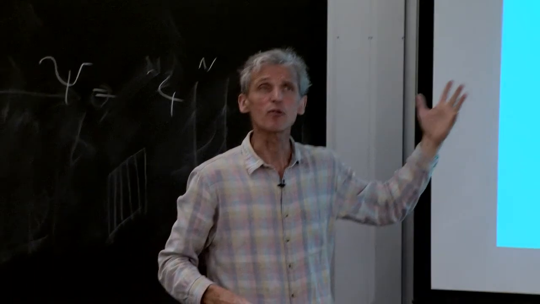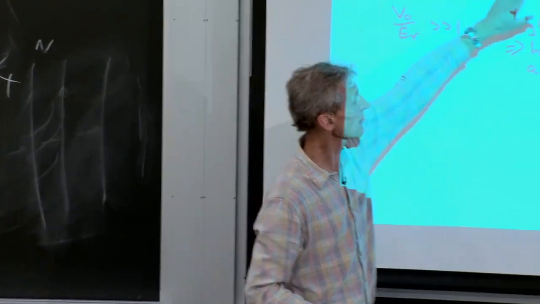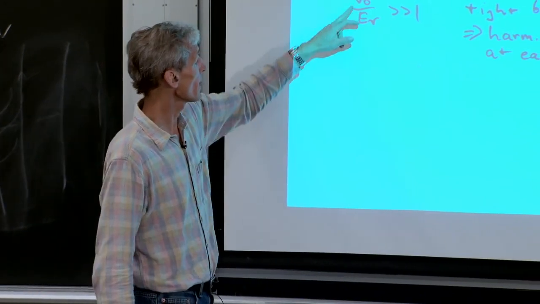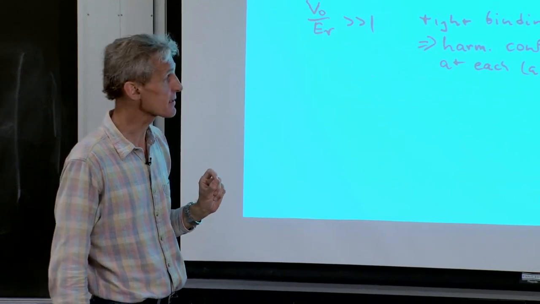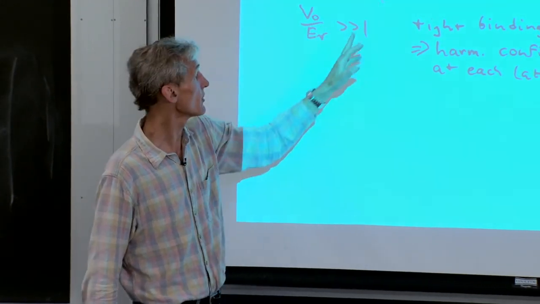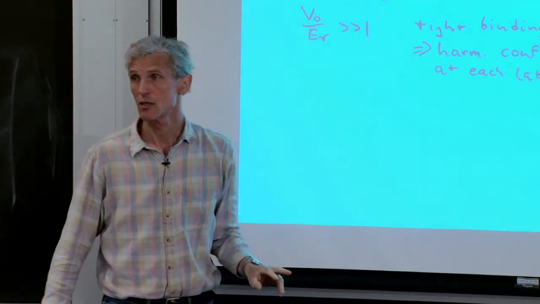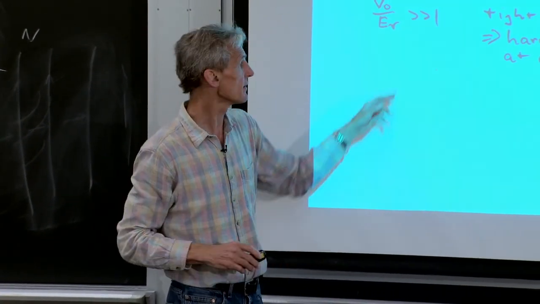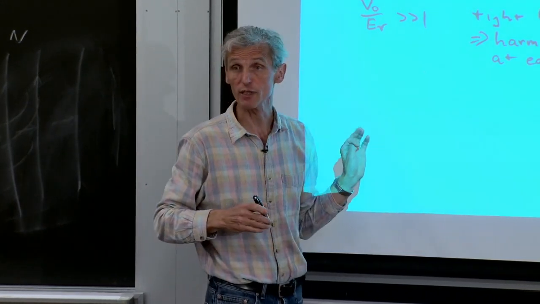So the case which I will be focused on, because it is the most extreme case away from free space, is this case, which is called the tight binding limit, where the potential energy of the lattice is large, and large means compared with the kinetic energy at the Brillouin zone, which is k squared. K is the lattice momentum, k squared over 2m, and that's the recoil energy. So our dimensionless parameter here is the depth of the lattice measured in recoil energies of the photon, because that is the kinetic energy of the free gas at the Brillouin zone.